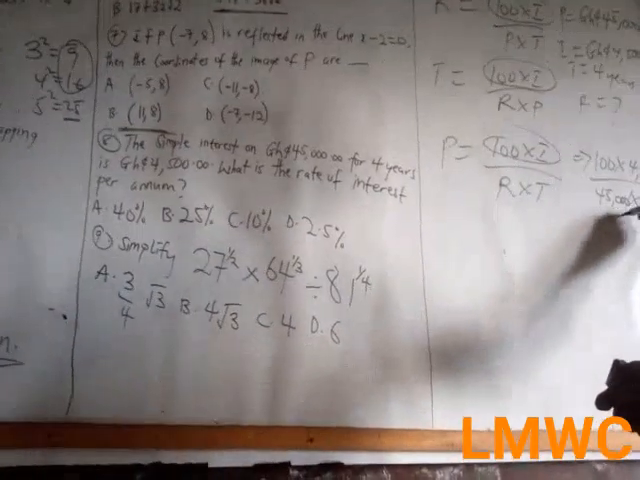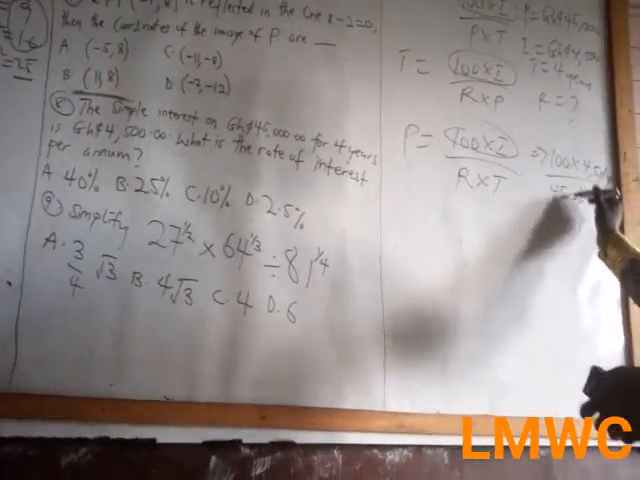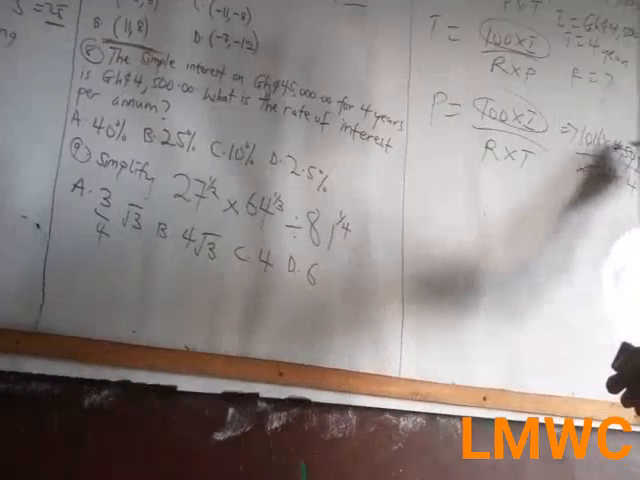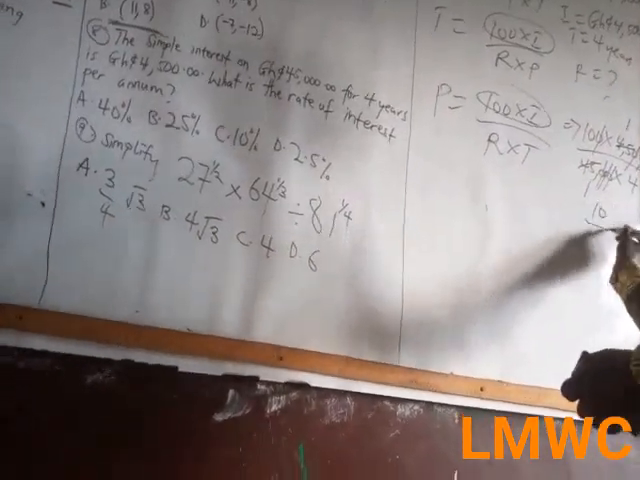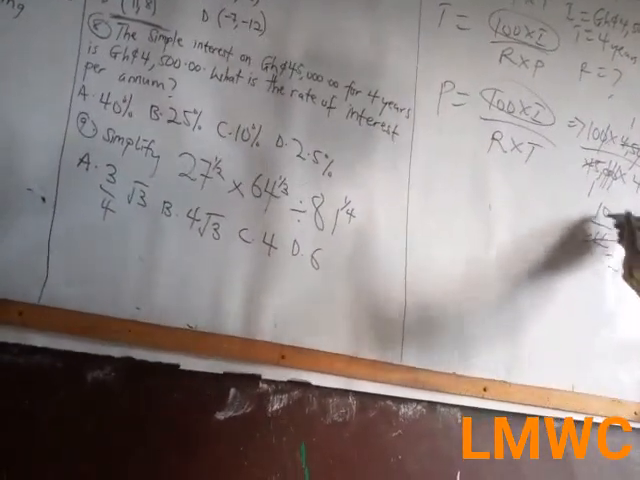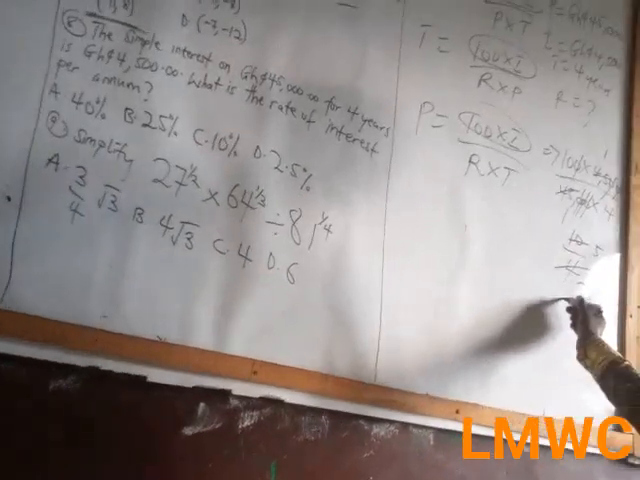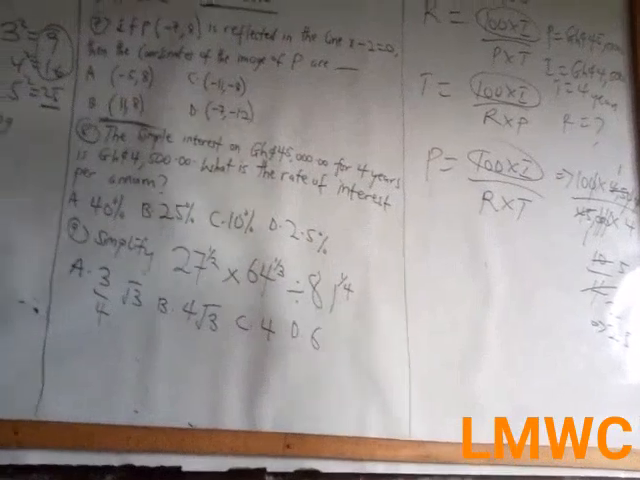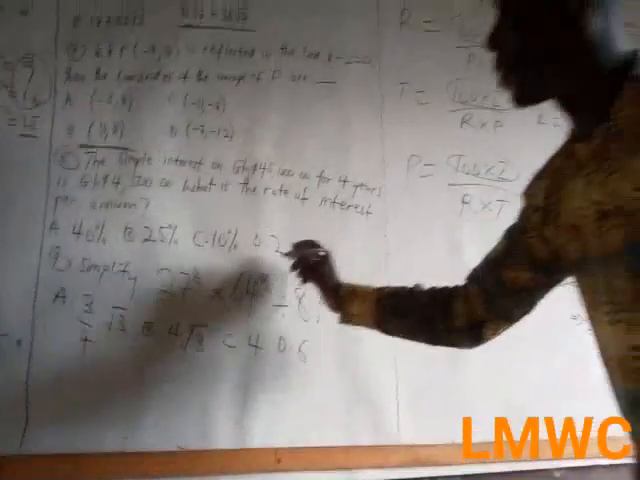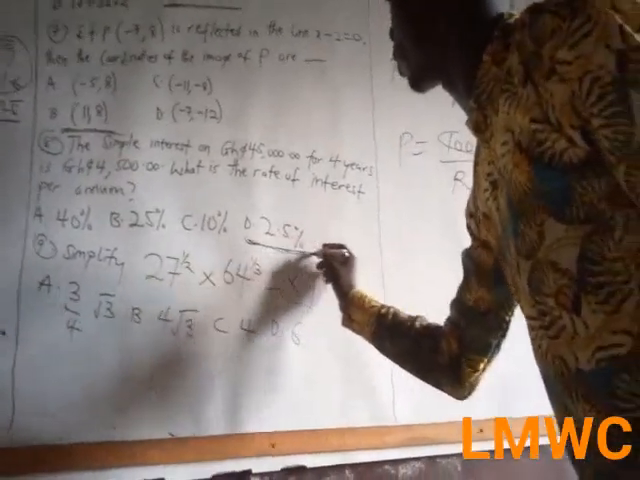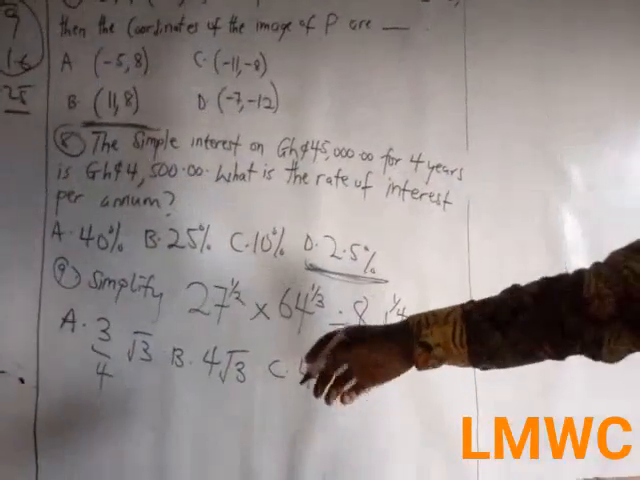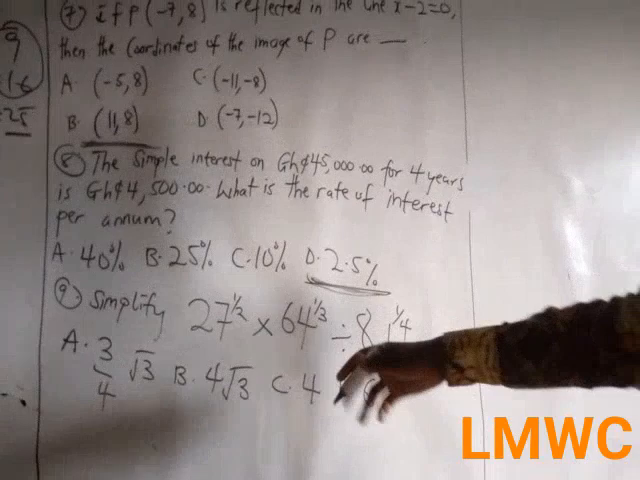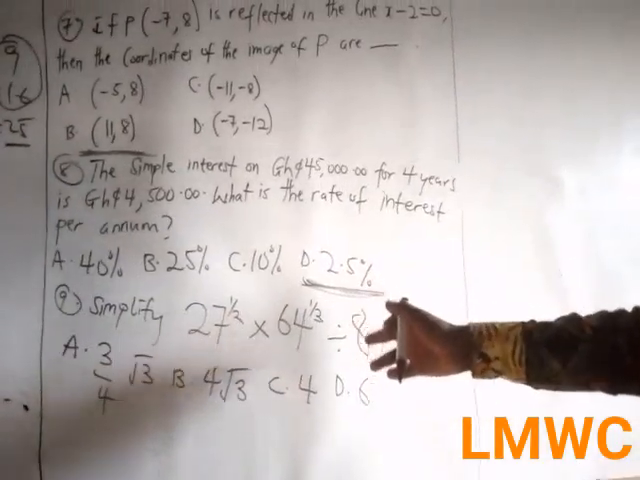So this 0 will cancel this, will cancel this. So 45 goes here 1, 45 goes here 1. We have 10 over 4. 2 goes here 2, 2 goes here 5. And 5 over 2 is the same as 2.5. So we have D, 2.5%. Question 9. Simplify 27 raised to the power half times 64 raised to the power 1 over 3 divided